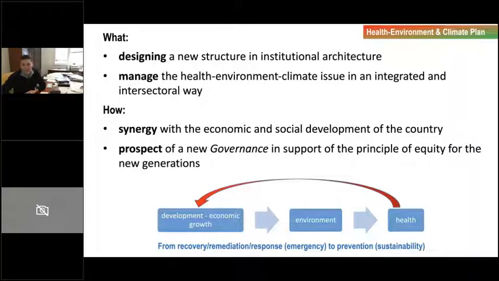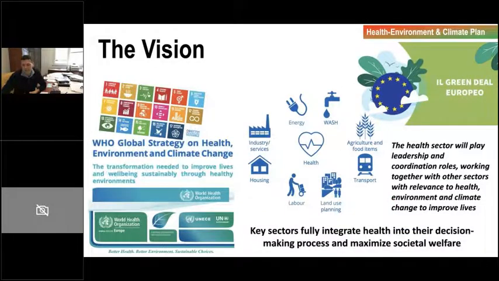But our willingness is to move health together with development, to sustain development without damages for our next generation, our daughters and sons. So from passing in a practical way through green transition, through digital transition, from recovery, remediation, or response in a world emergency to prevention. And this message is already clear in the 2030 vision by WHO,